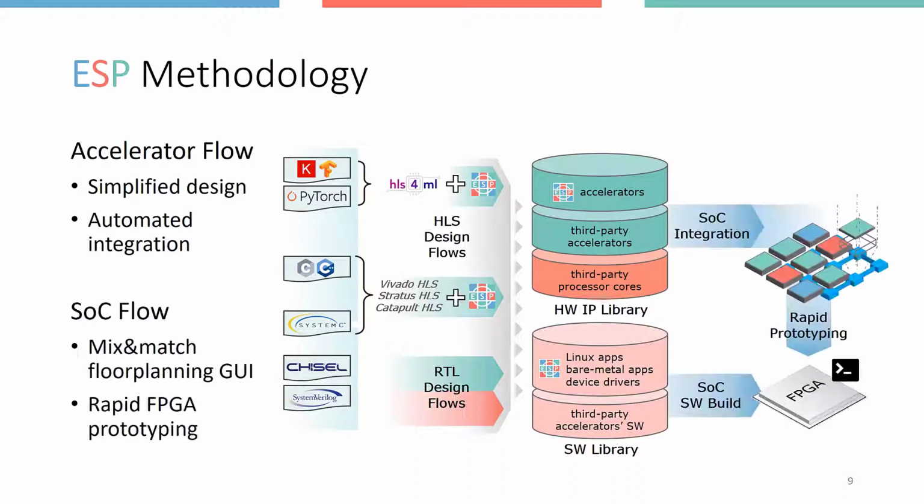So this integration happens through the SoC flow, which is what we show here in the right part of the slide. Once you have developed components with different languages and different tools and put them into the ESP libraries, then we have a largely automated support, guided with a graphical user interface that I will show you in a minute, to combine these components into the instance that you desire of the particular SoC. So for instance, you define a certain matrix in terms of number of tiles, and you can choose how to populate, if you will, the tiles with different components. And then through a largely push-button automated flow, you can obtain